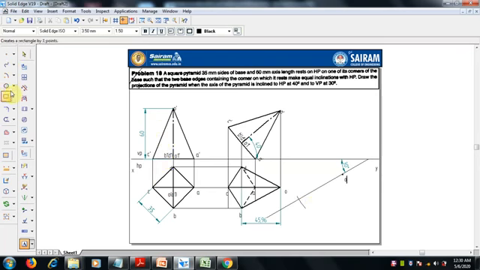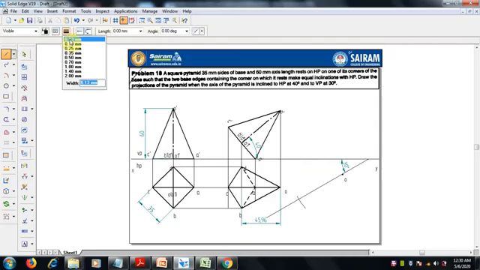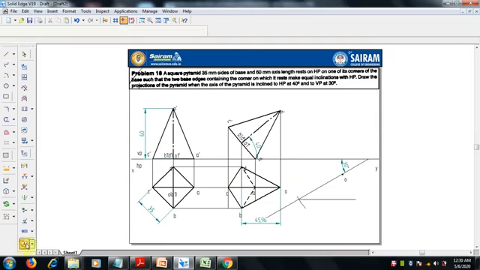Now the locus line. Draw a thin 0.13 mm line from this intersection point. Draw a horizontal line.